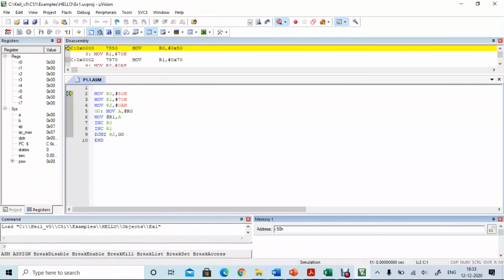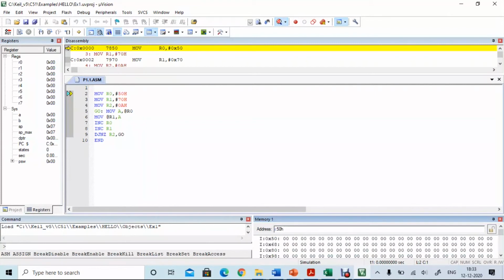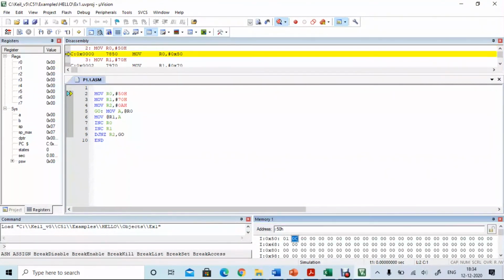After entering we have to press enter. Now we have the address starting from 50H. I have to enter the input to the particular location, so I can double click on each memory location and type the numbers which are given as input.